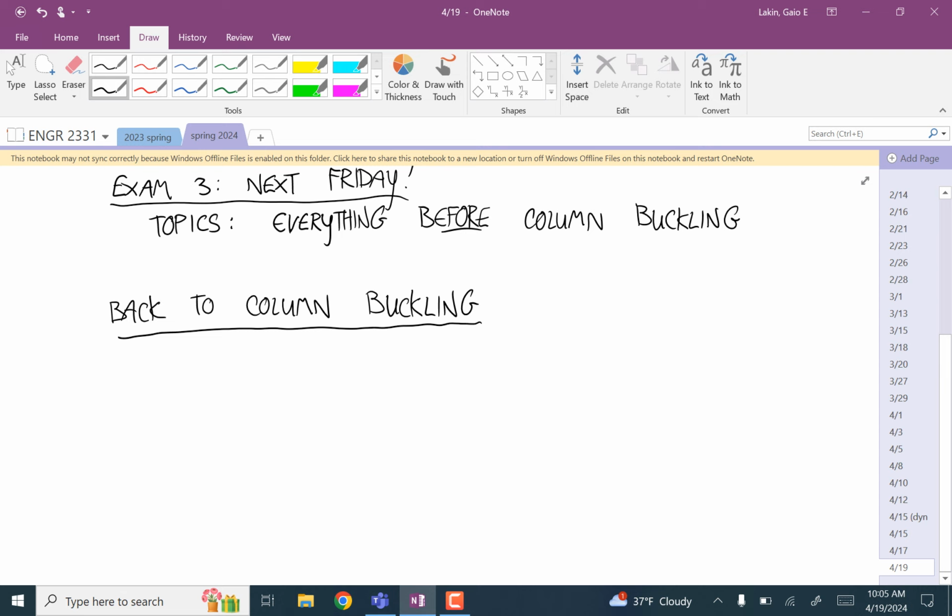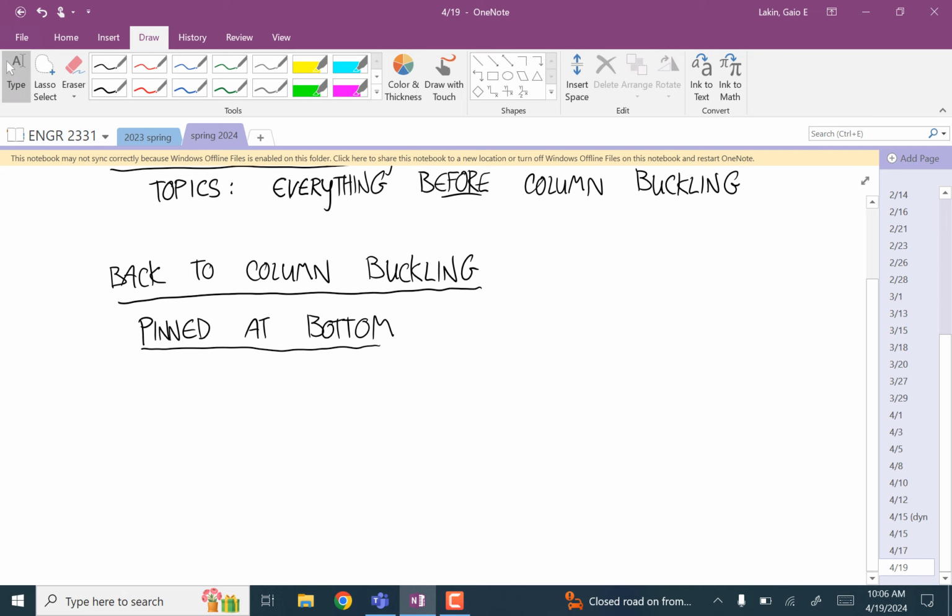So we have this differential equation, first we're starting with pinned at the bottom. And the differential equation for a column that's pinned at the bottom